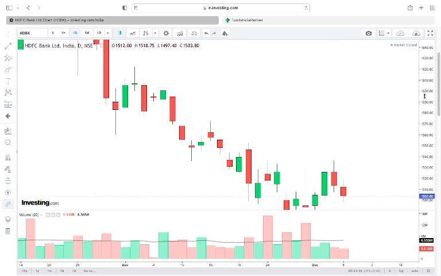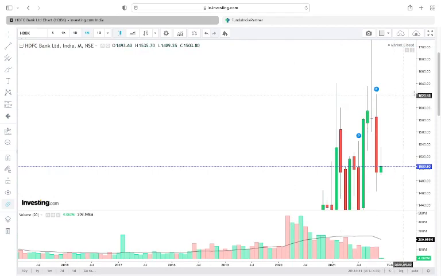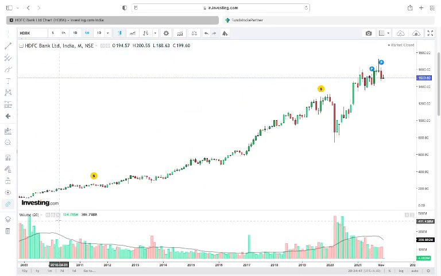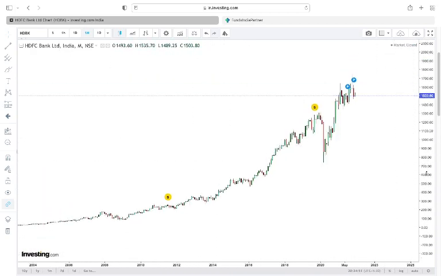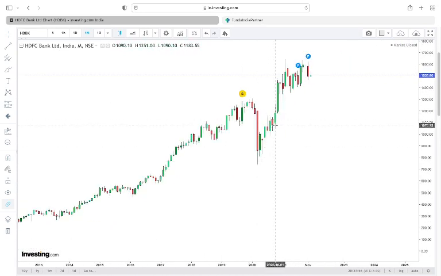So now if someone wants to see the entire life history of a company, HDFC company, that is HDFC Bank, take the monthly candle. So I'll close this volumes, not needed. So I've taken the monthly candle. Can you see? Monthly candle, if you take now, one candle is equal to 1 month. What is the meaning of monthly candle? One candle will capture 20 days ka movement. That is, in a month 20 trading days will be there, let us assume. So 20 trading days ka movement is captured in one single candle, that is monthly candle.